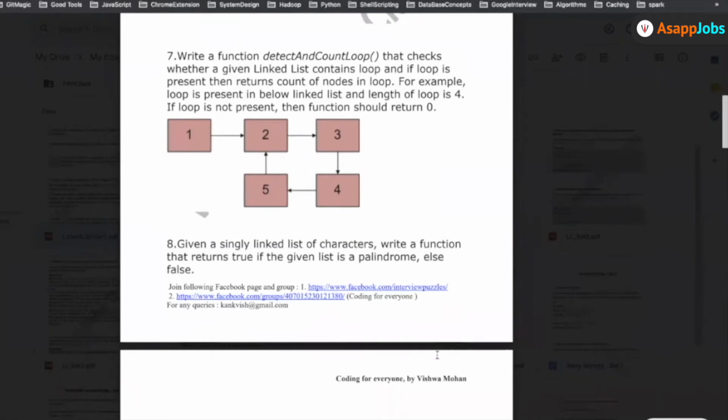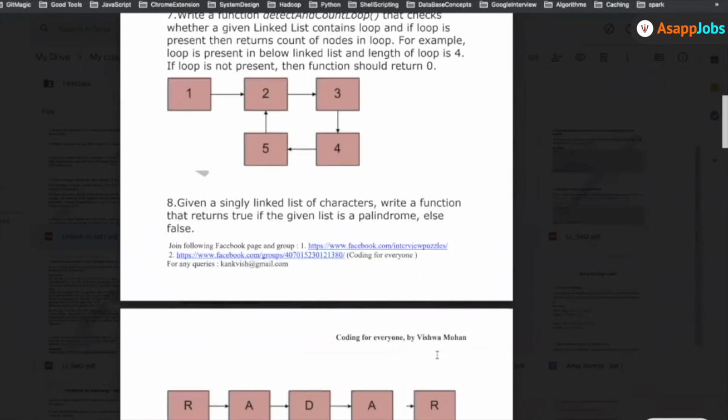If you are not allowed to use extra space, what you can do is reverse the given linked list from the middle till the last element. Then you put one pointer at the beginning and another pointer next to the mid, and you keep checking whether the elements are the same or not. If the elements are the same, then it is a palindrome, and at the end you again have to reverse back the second half of the linked list. Otherwise, you can say that the linked list is not a palindrome.